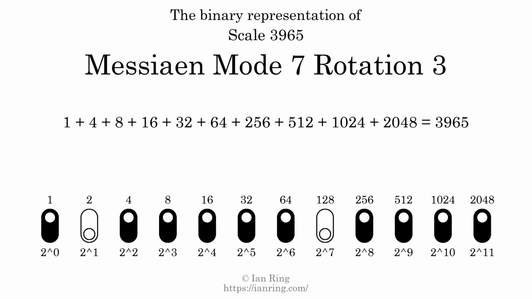3965. That is why the scale number, in decimal, is 3965. The scale number not only enumerates the scale with a unique index, but it also literally describes the tonal content of the scale. Represented as a binary number in base 2, the scale number is